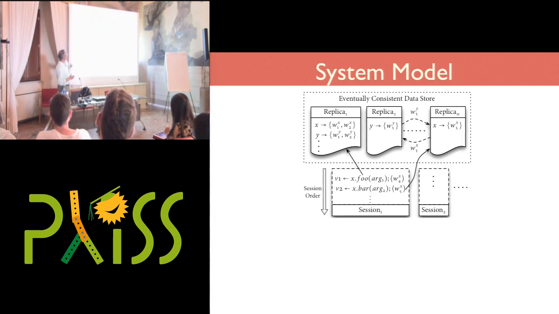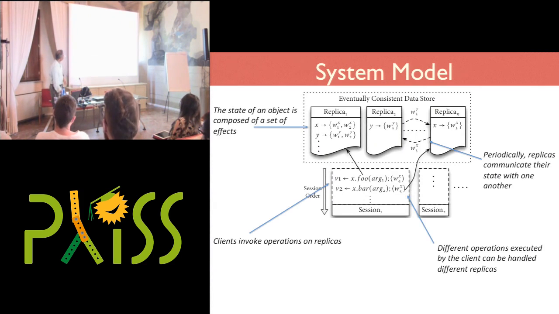So for example, the replica on the right will propagate the fact that it's seeing an operation of write x3, and it'll propagate that information to the middle replica. But when it does it, how it does it, we don't know. Okay? Right. So an object is a set of effects, reads and writes and things like that. A client consists of a session, a collection of operations. And in the background, replicas are going to communicate with each other. And clients are free to communicate with any replica that they want for any session. This is a very, very general model.